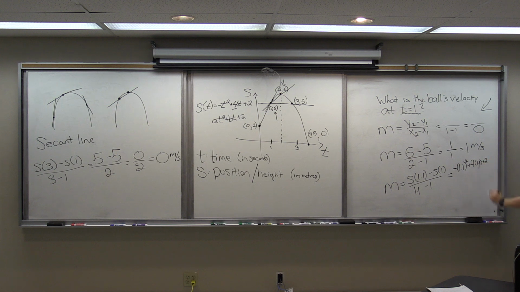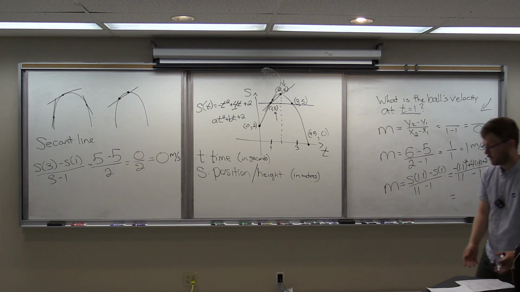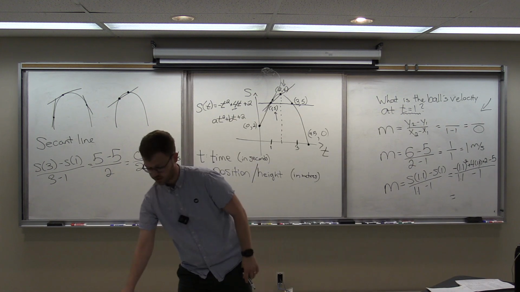plus 2. Now, I'm running out of room on the board here, and I still need to subtract s of 1, but I've calculated s of 1 enough times. I know it's 5. So I'm going to subtract 5. We're going to divide that by 1.1 minus 1. Well, when you plug that into a calculator, which again is fine, you're not expected to do all of these calculations in your head,